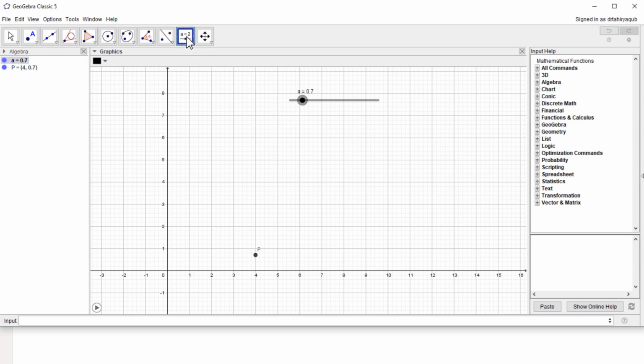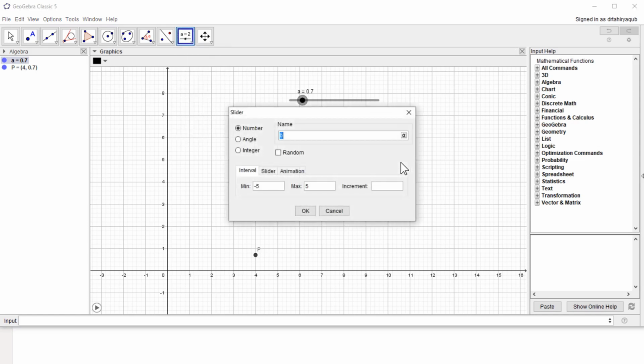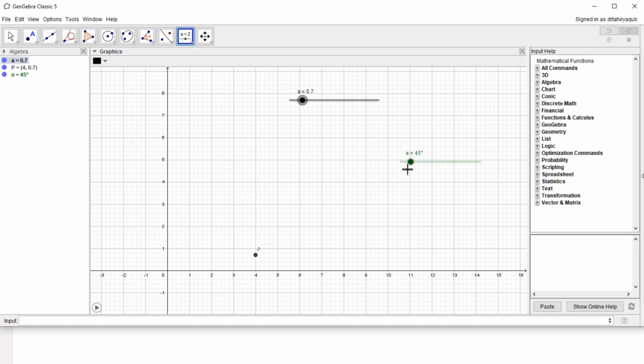So click on the slider and then click inside, and instead of the number, now I am going to select the angle, and it has assigned the value alpha here, and the angle is changing from 0 to 360 degrees. So I click OK, and I have this angle slider. Now the value is changing from 0 to 360, and I want to show to my students how the value of sine of this angle will change as the angle changes from 0 to 360. So this is the concept I want to demonstrate.